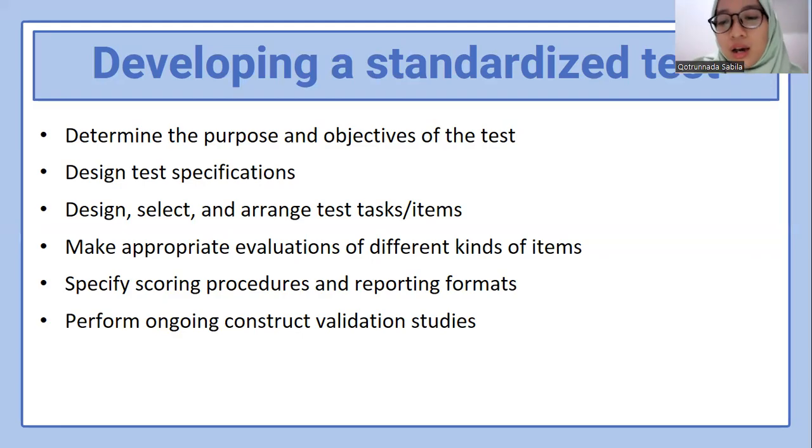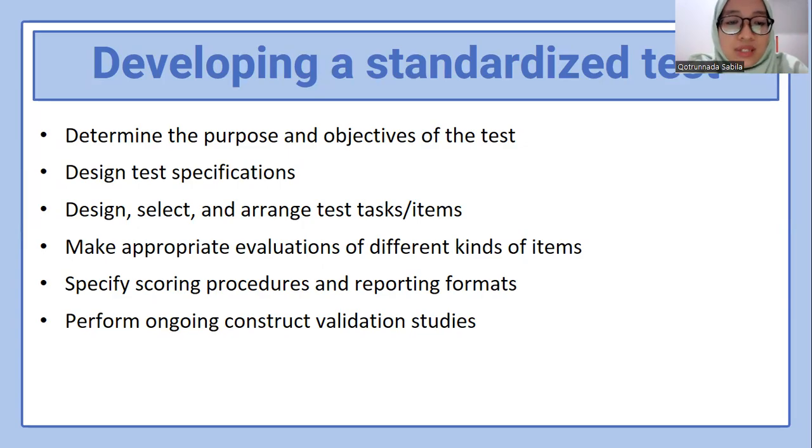For other types of response formats, namely production responses, different formats of evaluation become important. The principles of practicality and reliability are prominent along with the concept of facility, and the specified scoring procedures and